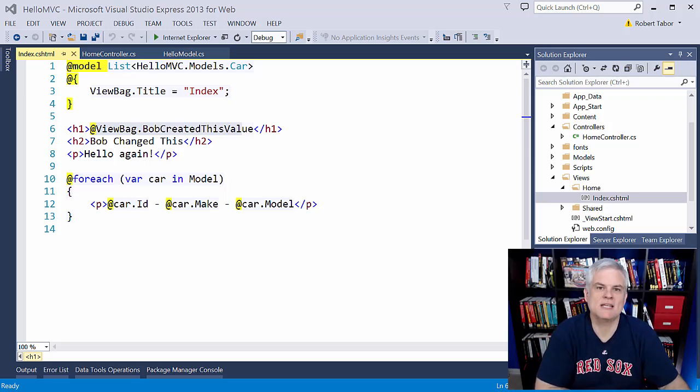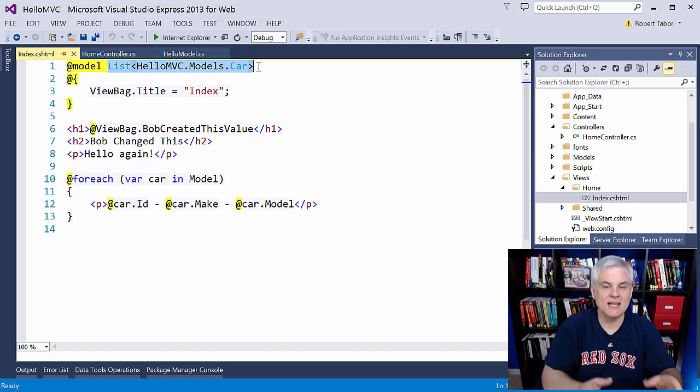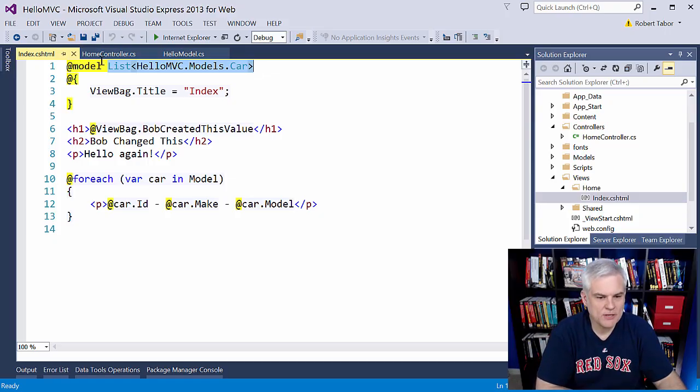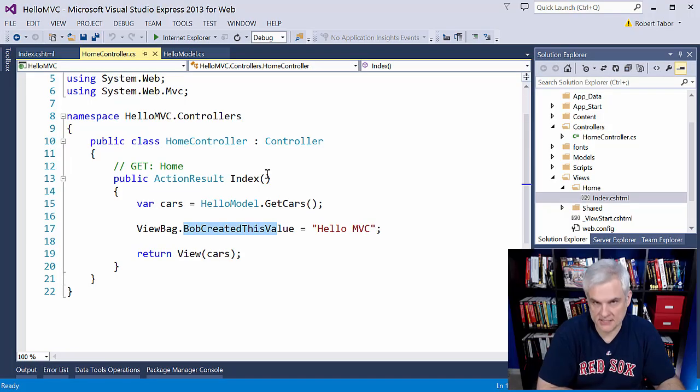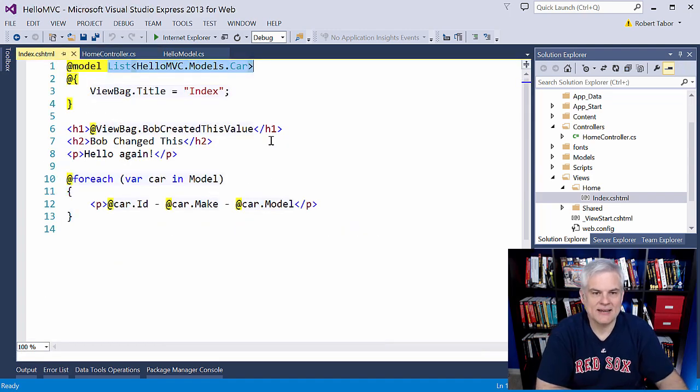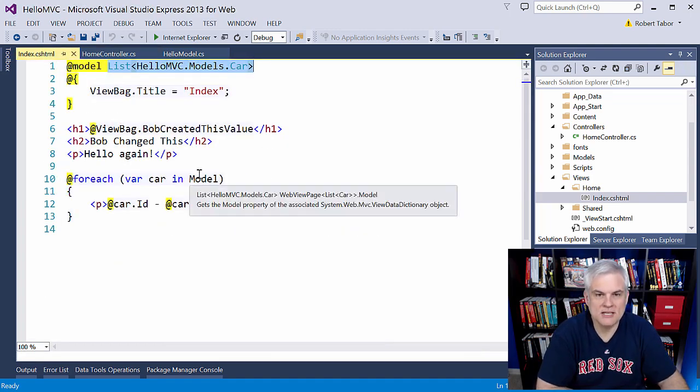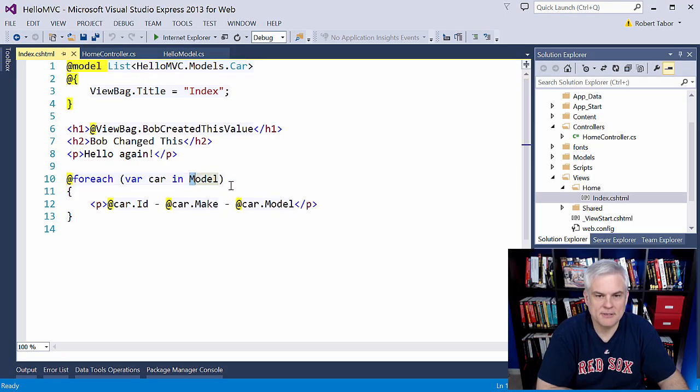The best way to do it is to do it through a strongly typed view by adding the model directive at the very top of the view class to say this view is bound. It is looking for a model of type List of Car. And then we can pass in an instance of List of Car into the view by using the View helper method. So back in the view, we were able to access that List of Car using the Model, capital M Model,